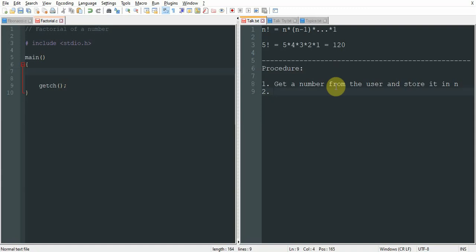In other words, to get the factorial of a number, we need to multiply that number with the factorial of the previous number.